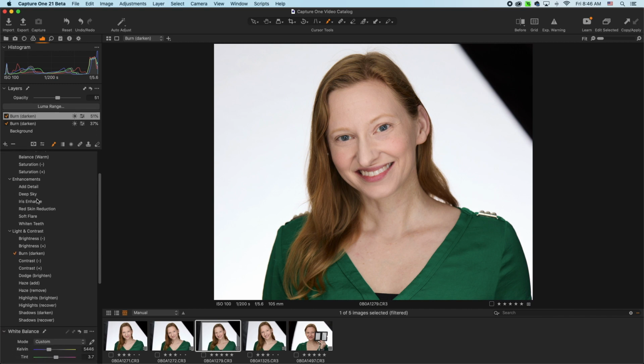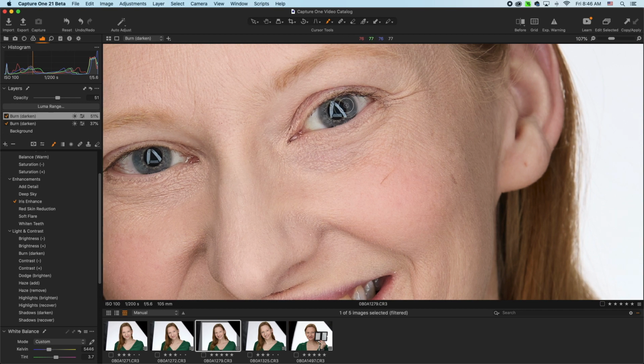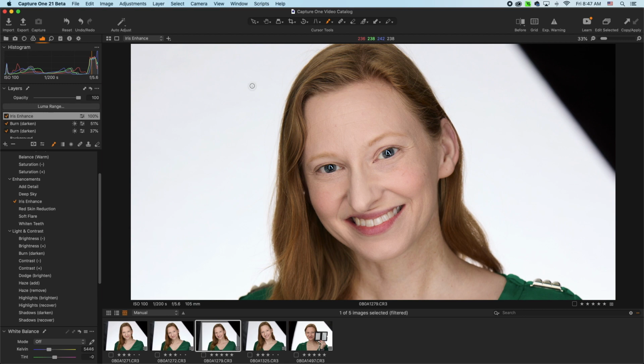All right, let's try our iris enhance ones here. I'm going to bring my view in much clearer, and let's see the result as we go ahead and do this on here. We can see my brush flow is at 8 here, so we're just slowly building up the effect. So if we had before to after,